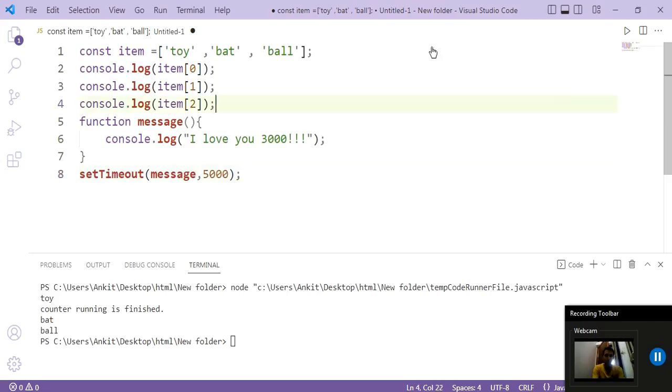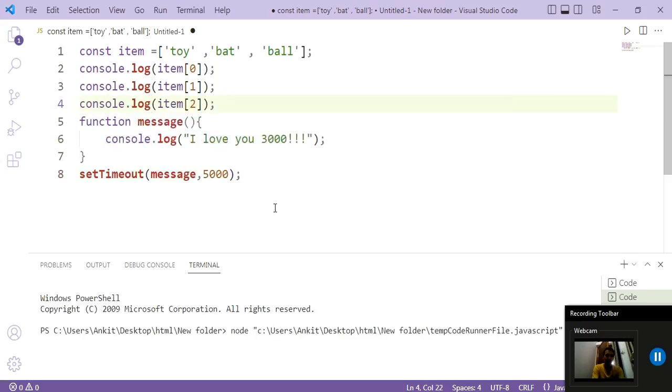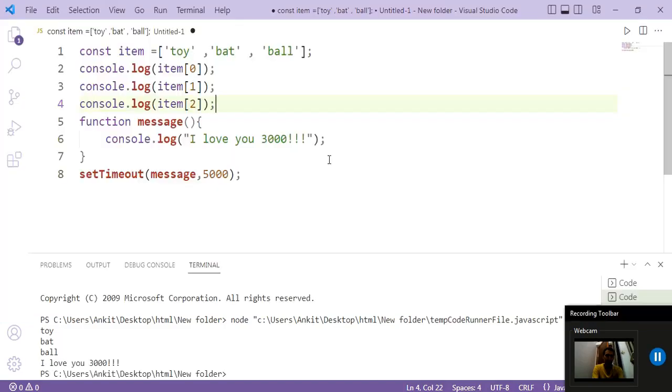So run the code, and you will see that all these log statements get executed, and after 5 seconds we will have our message statement. So this is the use of setTimeout. It doesn't block the rest of your program, as we have got all the output here. It only delays the function which you pass as a parameter to it. So we have passed message here, so it was delayed by 5 seconds, and we are going to use this to simulate the behavior of delay for callback, promise, and async await.